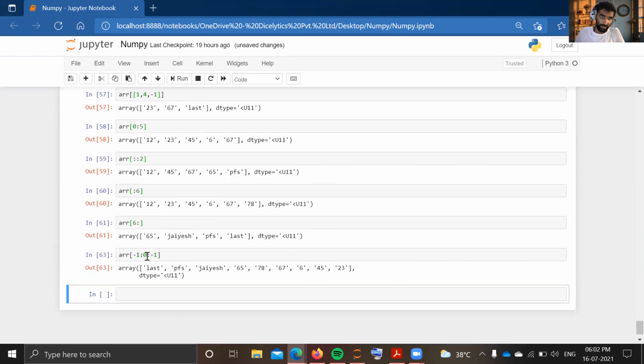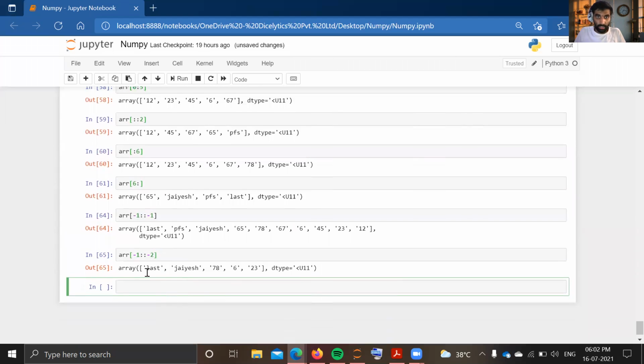Or the other thing is that you don't even need to pass 0. Just write the starting point as -1 and give the direction as -1. And again, if you want your reverse array in alternate fashion, like I want alternate elements in my reverse array, then again you have to write -2 as your step size. So in this way, you can see that you are getting alternate elements from this reversed array.